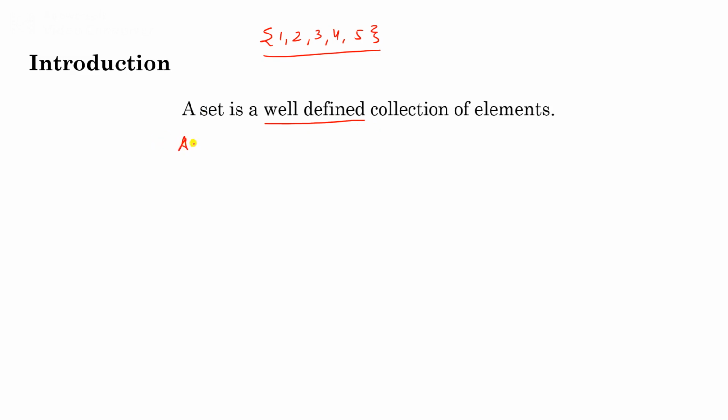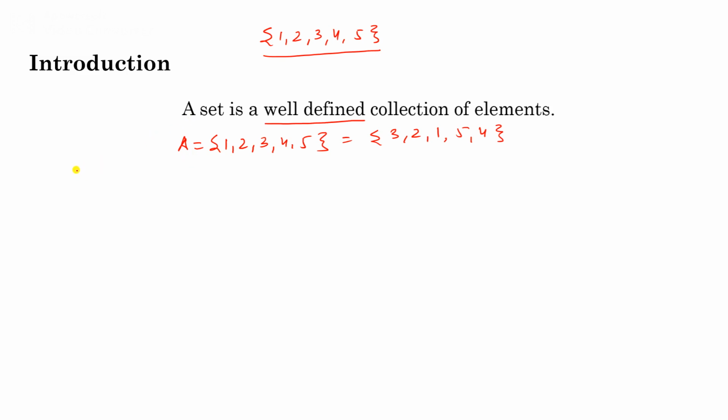Now look at this example. Suppose again we take 1, 2, 3, 4, 5. This is a set and it is denoted by capital A. Now look at this. The order of elements in a set is meaningless. You can write it as 3, 2, 1, 5, 4. So in other words, this is an unordered collection of well-defined elements. Order is meaningless. Sometimes one element is repeated, and it is also the same as the original set.